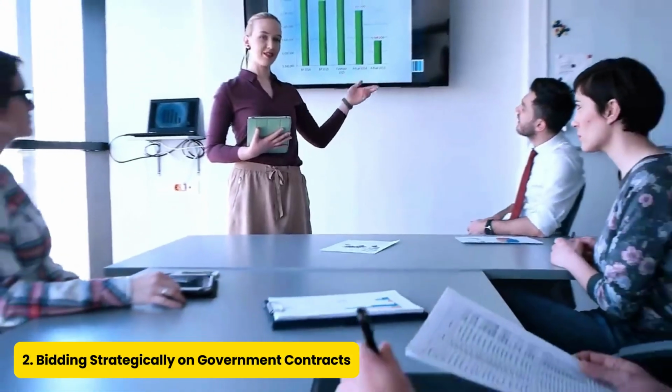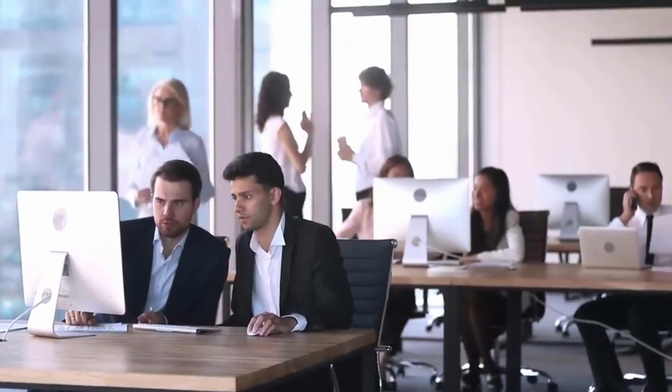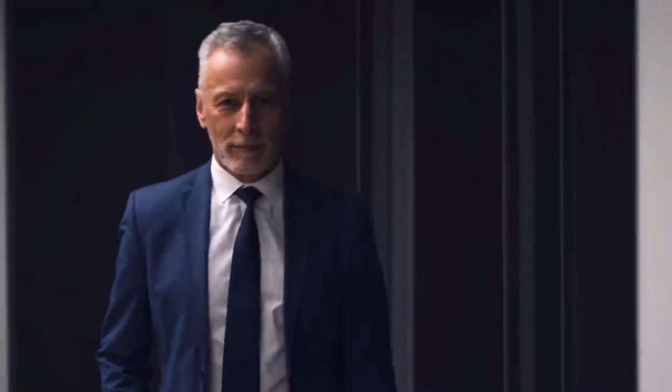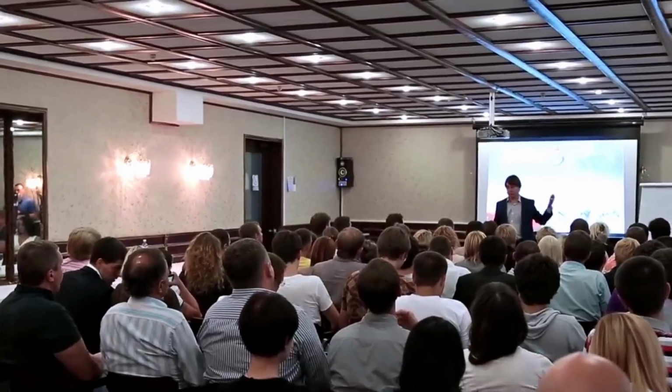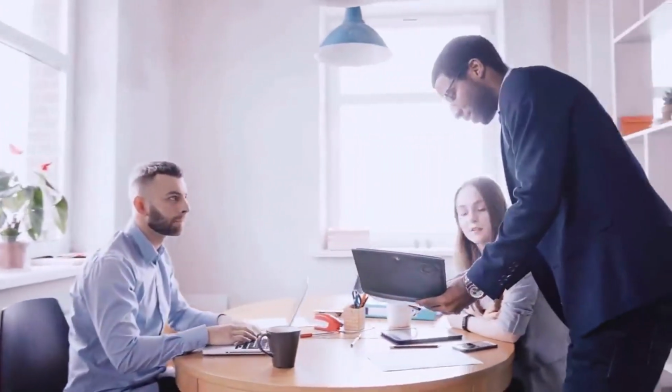Number 2. Bidding strategically on government contracts. Once your registration is complete, the next step is to start bidding. But don't just bid on every contract that comes your way. Strategic bidding is crucial in government contracting. It's important to focus on contracts that align with your core competencies and areas of expertise. This not only increases your chances of winning, but also ensures you can deliver quality services once you've secured the